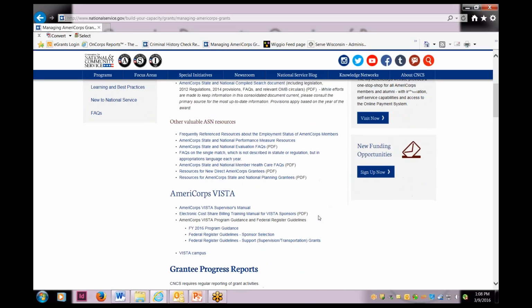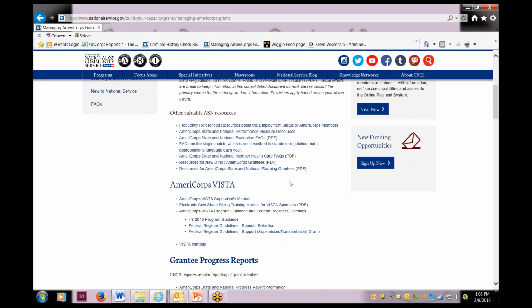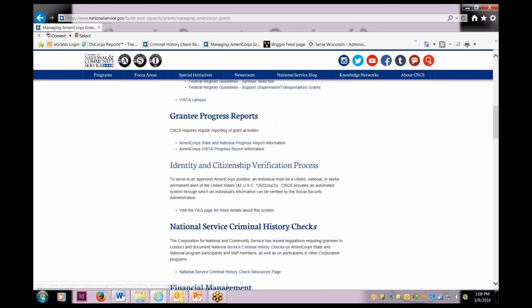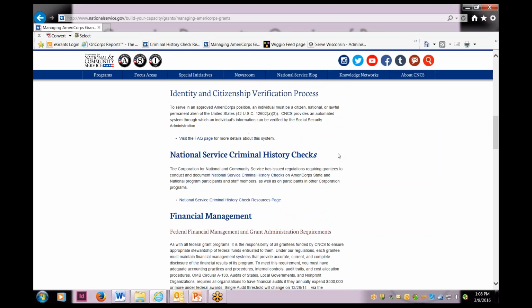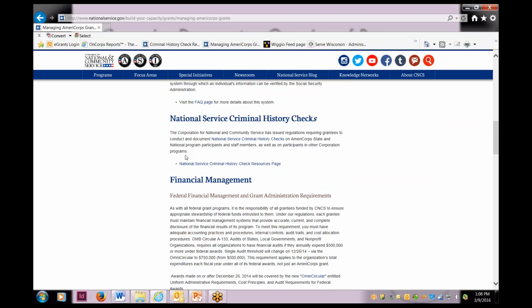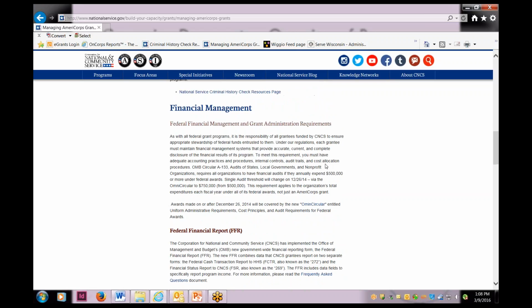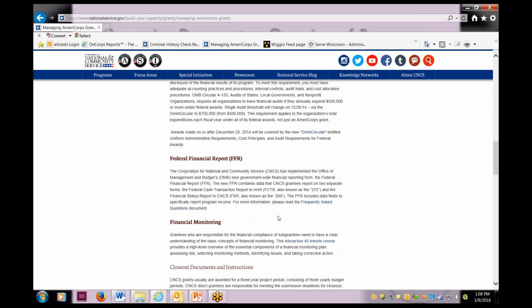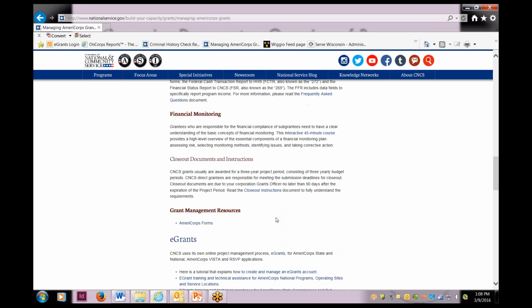There are also other links beyond just the rules and regulations and provisions. If you scroll down, they have a number of state and national resources. They have information on progress reports. That's for commission staff. They also have a link to another site that we'll be talking about, the National Service Criminal History Check page. A lot of questions on financial management. This also has a link to the Omni Circular, the uniform guidance, the frequently asked questions on financial monitoring, any closeout documents instructions.